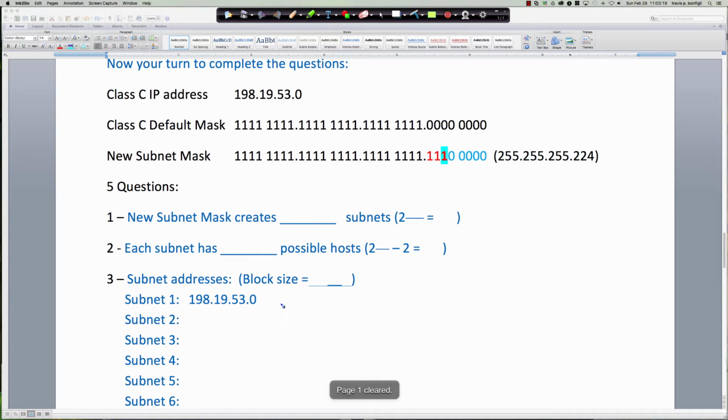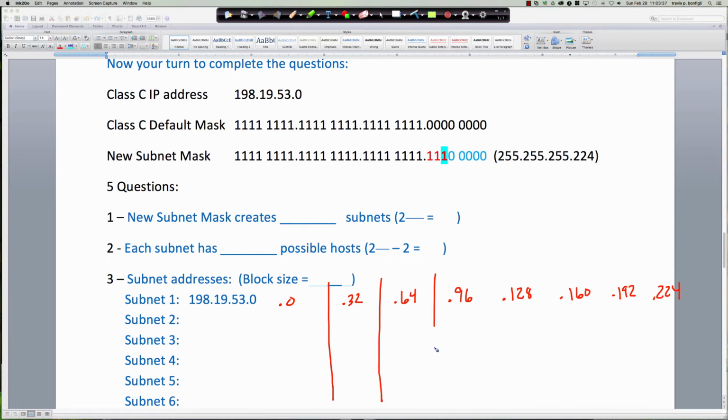And then all you would need to do, once you get the .0, the .32, the .64, .96, is you write them out like this: .128, .160, .192, .224. And once you write them out like this, do you see how easy it becomes now to determine what is what? So what's the broadcast address here for this first network, for subnet 1? Well, it's going to be 1 less than the network ID of the following subnet. So .31,